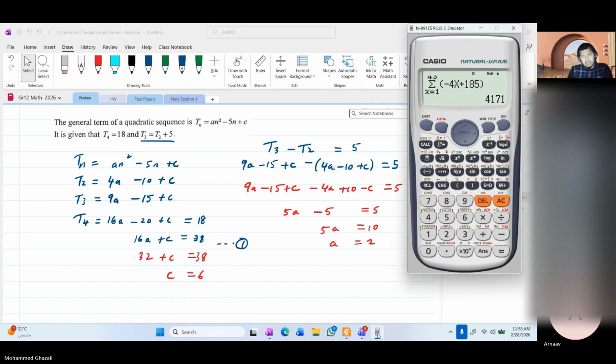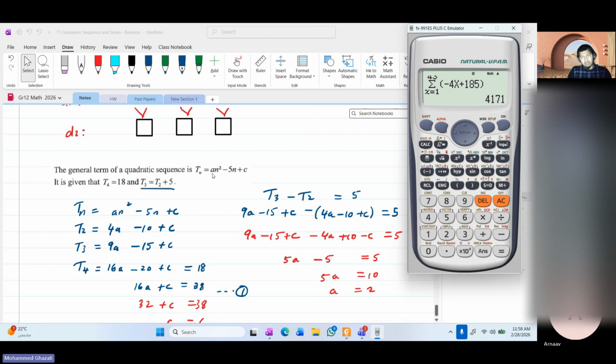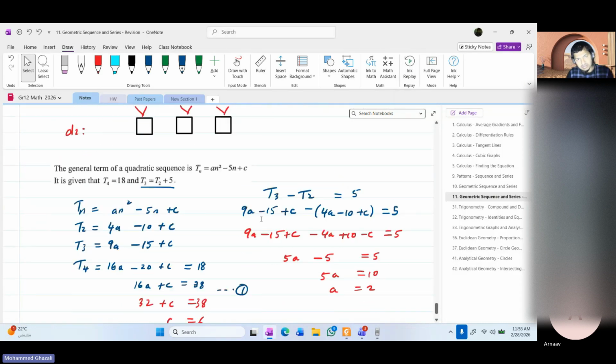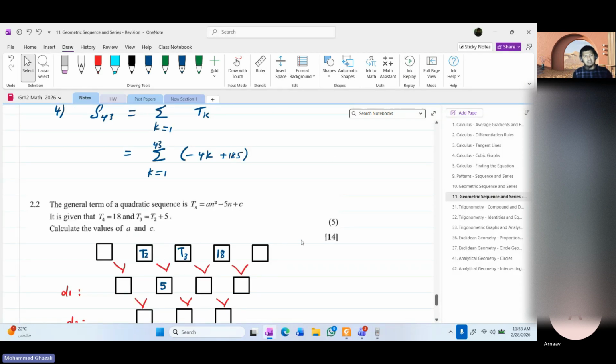So let's double check our answer. Let's substitute 4 inside this function now because A is 2. So 2 times 4 squared minus 5 times 4, plus 6. Yeah, we're getting 18. So that is right. That's a nice question here for 5 marks. I wouldn't say it's level 4, it's like level 3 still. It's more like